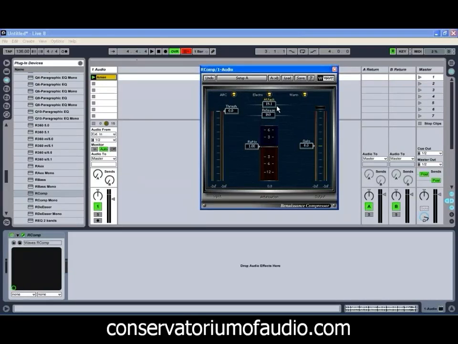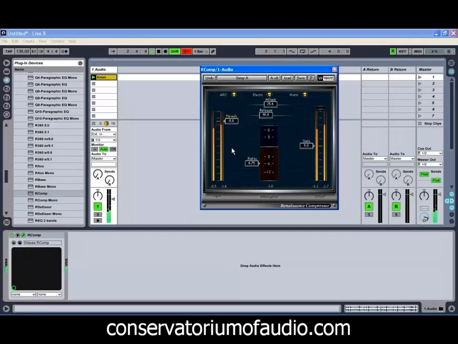So again, because it's fairly percussive, we'll go for fairly similar settings. We might even leave the release up closer to 100 because of the fact that we're trying to retain the reverb tail from the particular sound. And we're going to go for a fairly crazy ratio to start off with. Again, this is just a starting point, almost like having a preset to work from. And you generally should be making adjustments as you're listening back to the sound as well, just to fine-tune everything to suit. So if we then play this one,